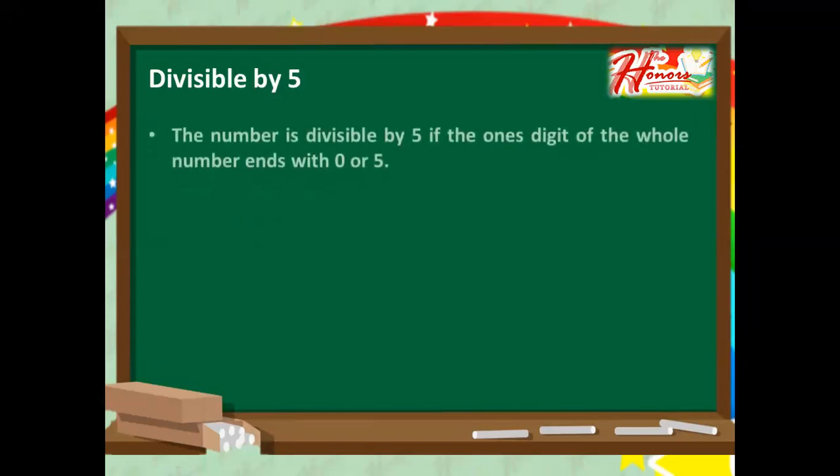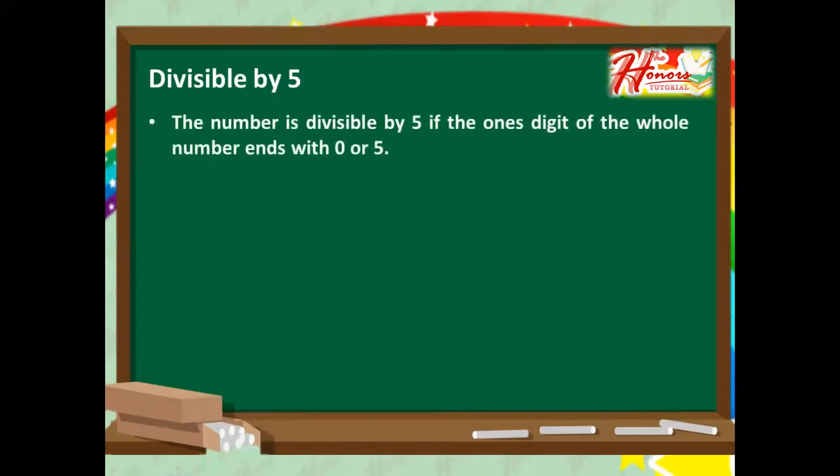Divisible by 5. The number is divisible by 5 if the ones digit of the whole number ends with 0 or 5. So we have to focus on the last digit of the number. It should be 0 or 5 to consider it divisible by 5. Next,